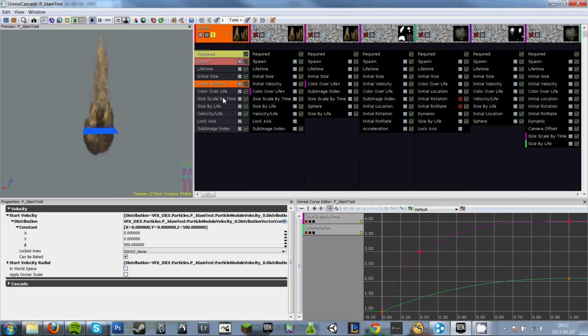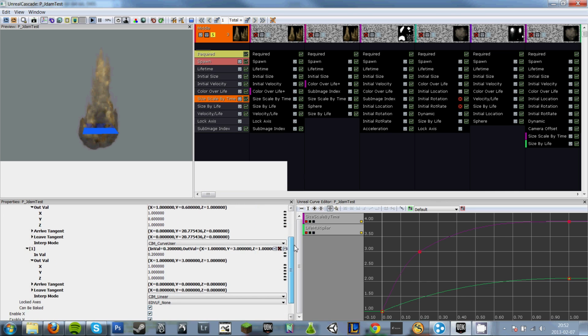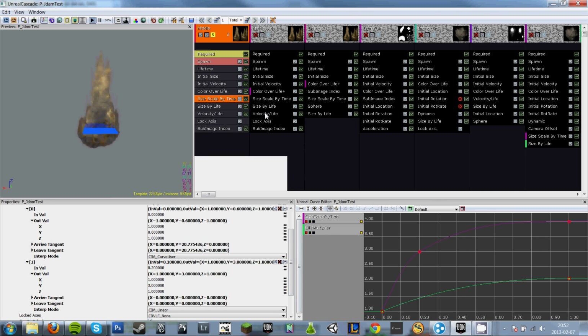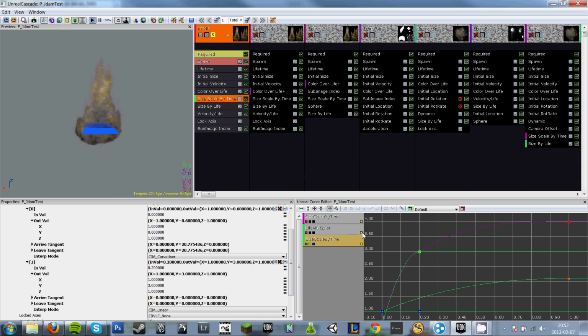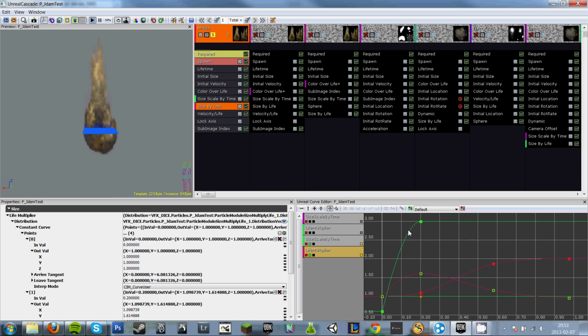So I have this scale by time here as well, and you can see these values here, and we can add this size by life as well. And since it's a rectangle, you have both the x and y value to take into consideration. So we got the size scale by time,